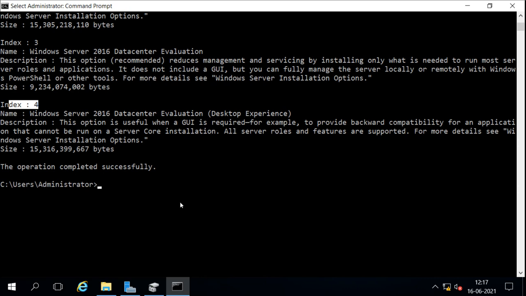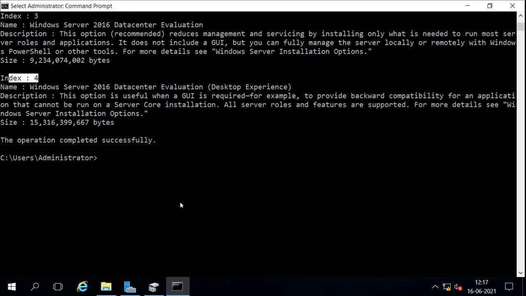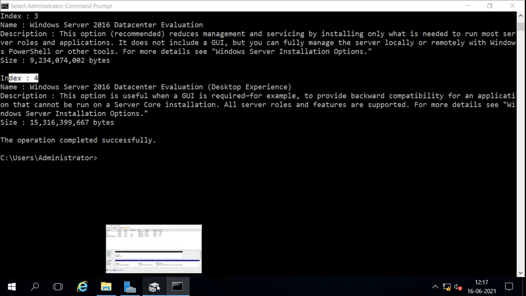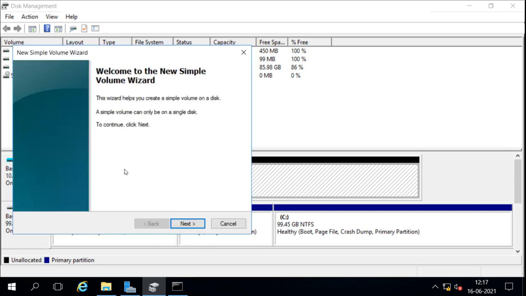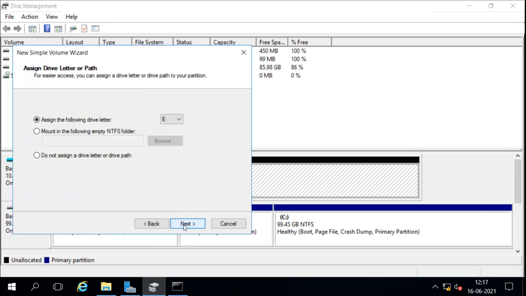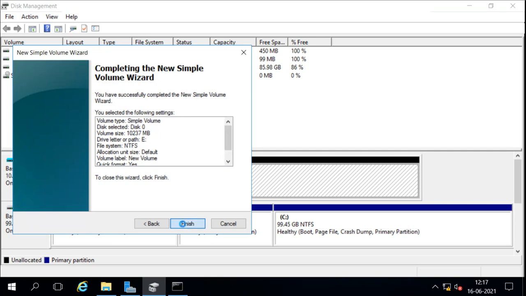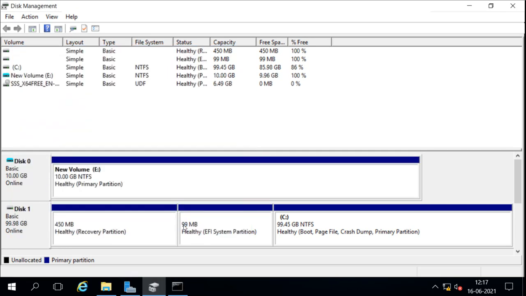So now what can we do? We can install this operating system into that virtual disk. Remember, our virtual disk is mounted and connected here. And we will create a volume here. So the volume is also available now. The partition is the E drive. This is the E drive we have, and now we are ready to install it.